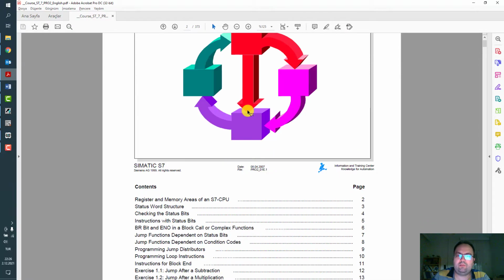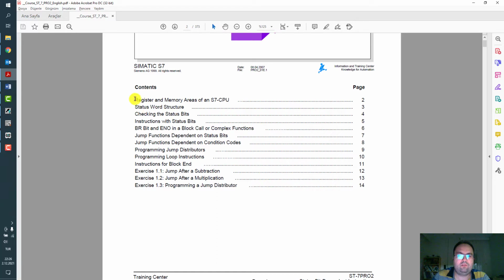and in the first chapter the contents are: register and memory areas of the CPU, status word structure, checking the status bits, and instructions, BR bit, first check bit, RLO, jump functions dependent on status bits, condition codes, jump distributors, labels, programming loop instruction, and block end instructions.